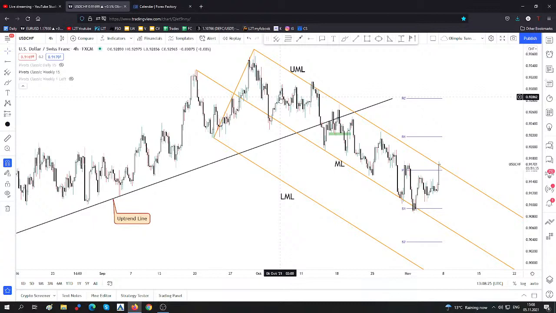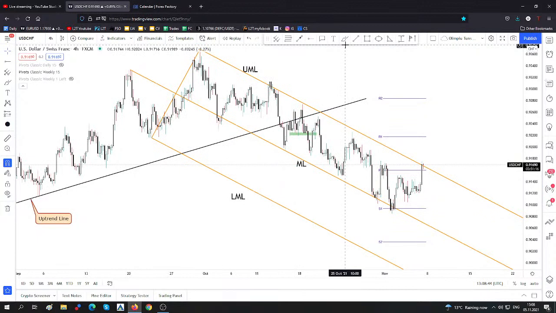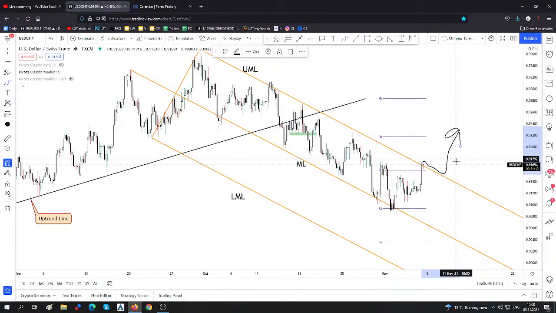So the medium line is seen and represents a dynamic support. The upper medium line is seen as a dynamic resistance. So right now it is at resistance. You can see that we had a false breakout in the past, and right now we'll have to wait for a valid breakout here before maybe considering going long or something,